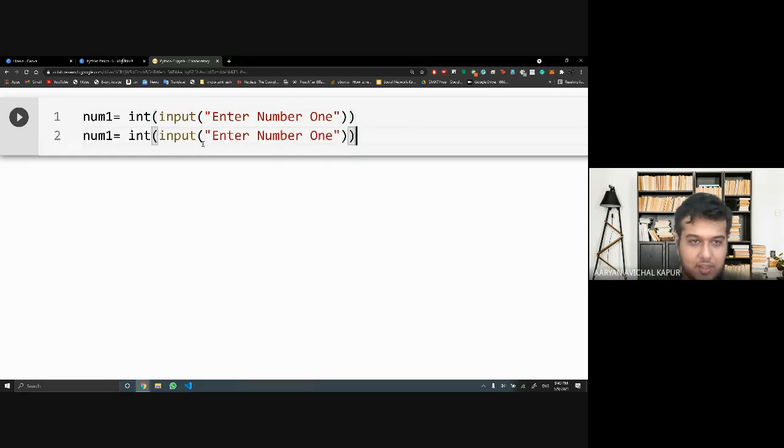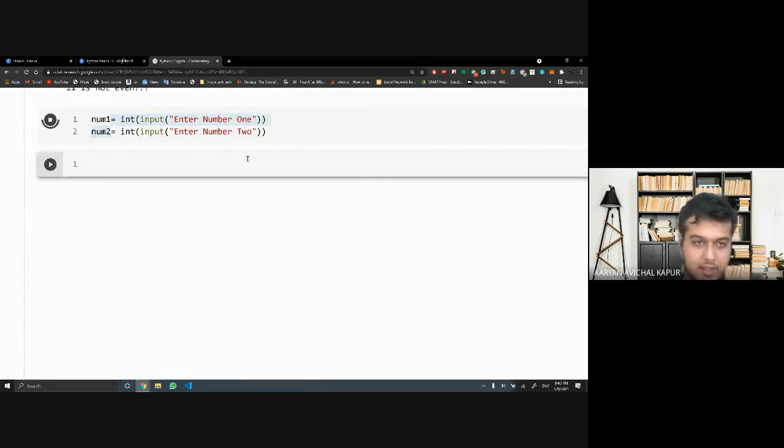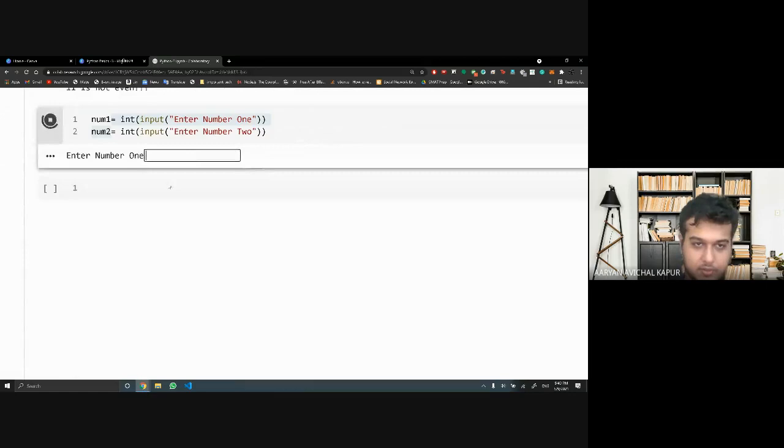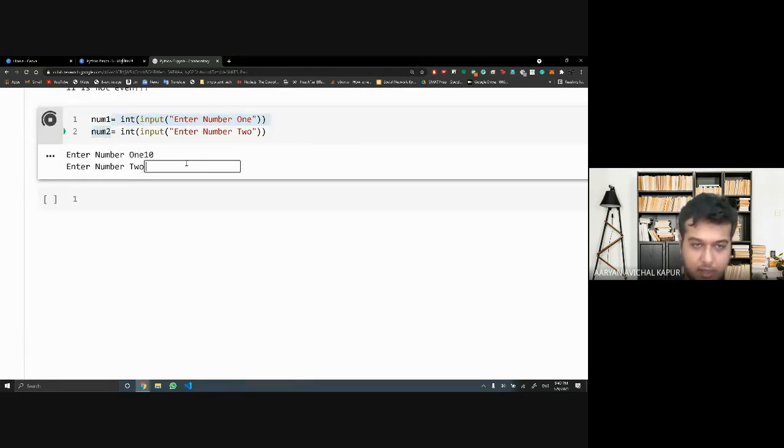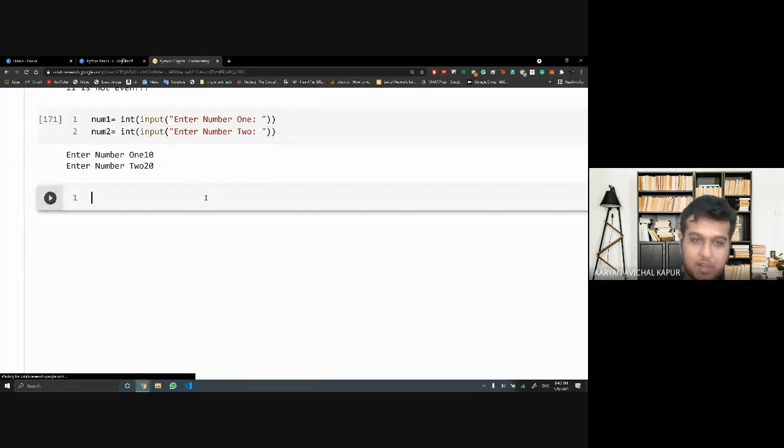You can do the same thing here for number 2, right? So you take both the inputs, and then I want you to first sum the numbers, number 1 and number 2. Okay. And yeah. So I've put in number 1 and number 2.